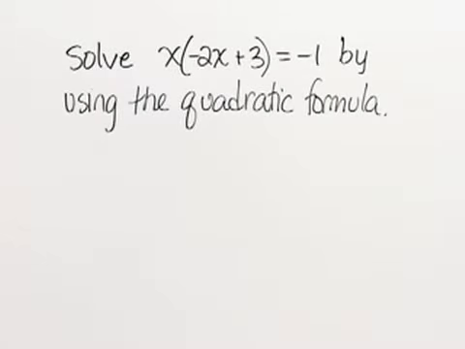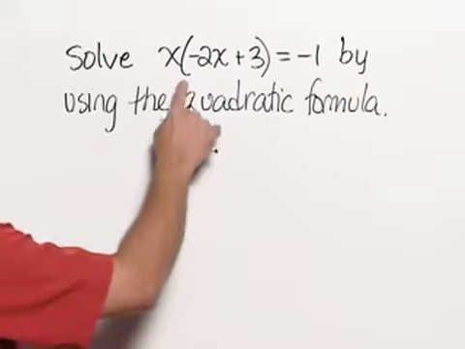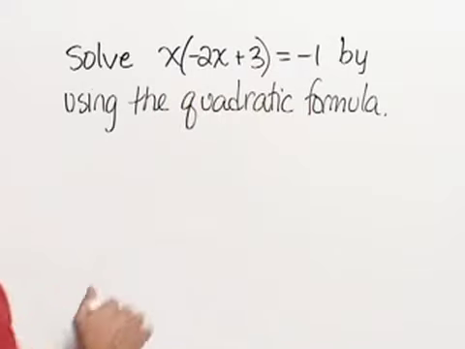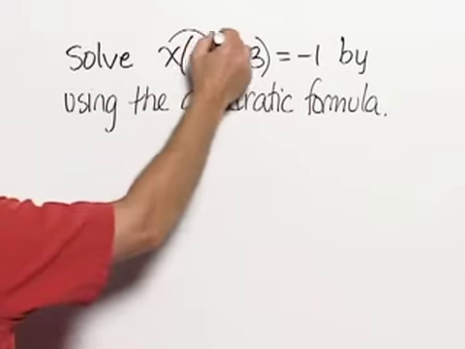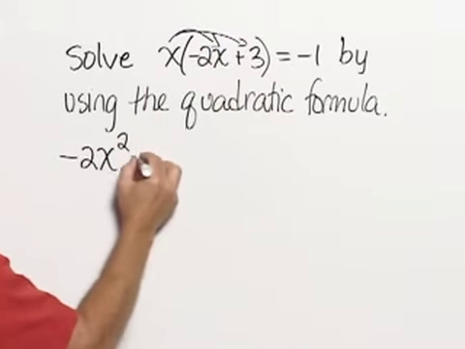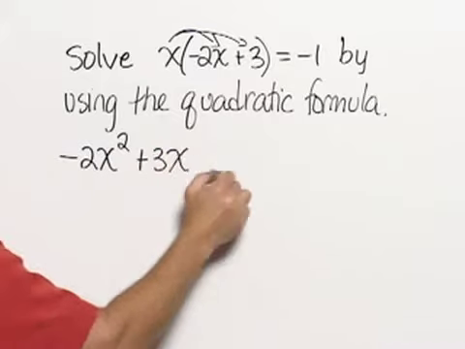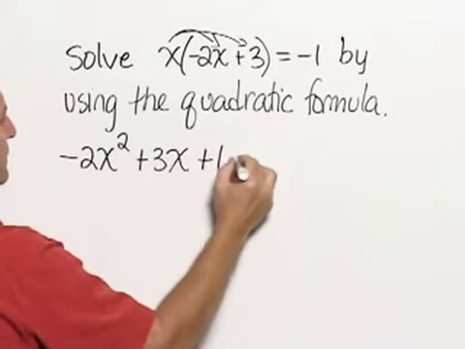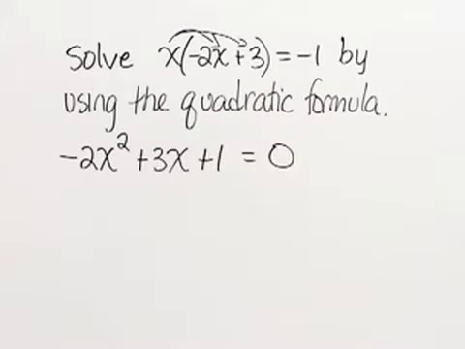Solve x times the quantity negative 2x plus 3 equals negative 1 by using the quadratic formula. To use the quadratic formula, we need to put this equation in standard form. That means we need to distribute the x. So we get negative 2x squared plus 3x. We need to add 1 to each side, and so we now have negative 2x squared plus 3x plus 1